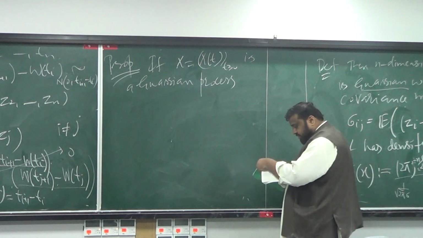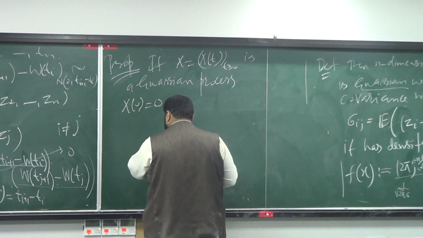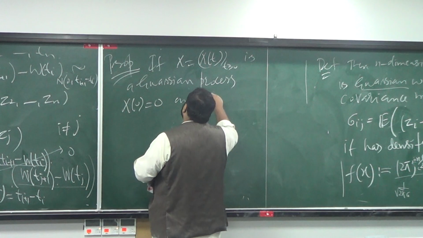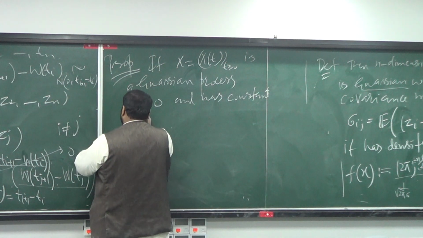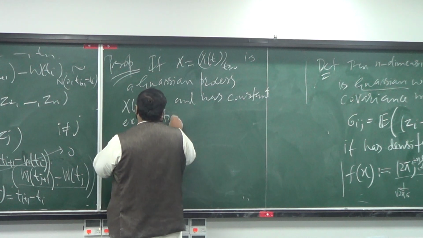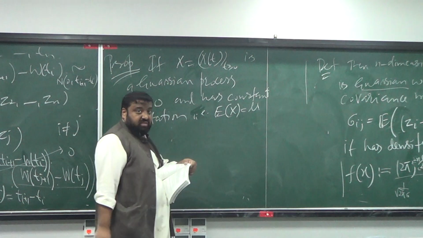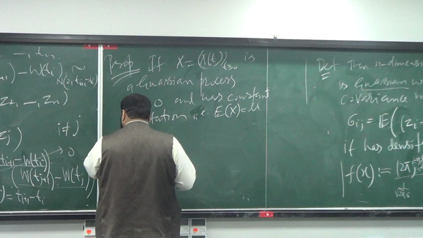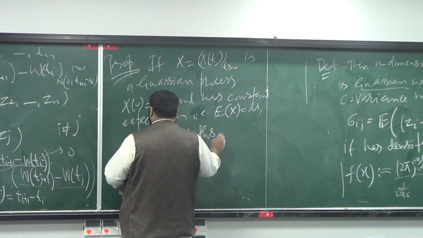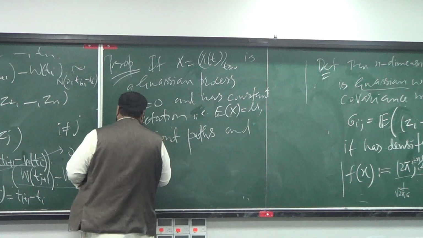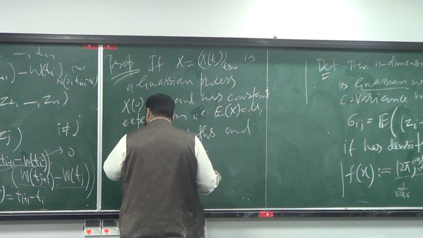So if X(t) is a Gaussian process, and X starts from 0, and has constant expectation, in other words the expectation of X is a fixed vector mu, and has almost surely continuous paths, and the covariance of X(s) and X(t) is the minimum